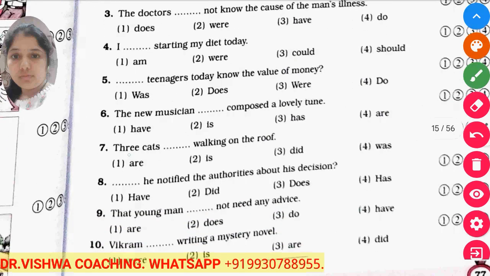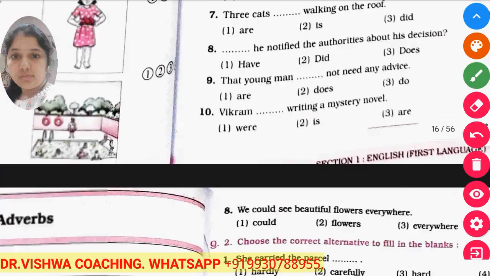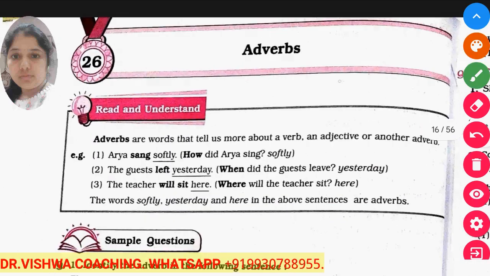Okay. Now fifth, sixth you try at home. We will take the seventh one. Three cats dash dash walking on the roof. Now see, a plural noun is there, so we will use the verb which is in plural form. So given options are is, did and was. So the correct option is are here. The three cats are walking on the roof. Okay. Like this you can solve for 8, 9 and 10, and we will move to our next topic, which